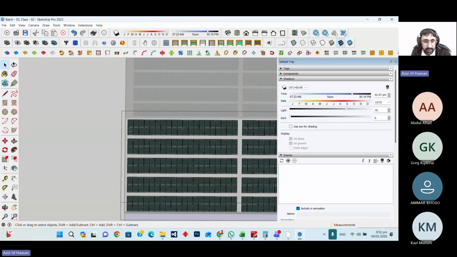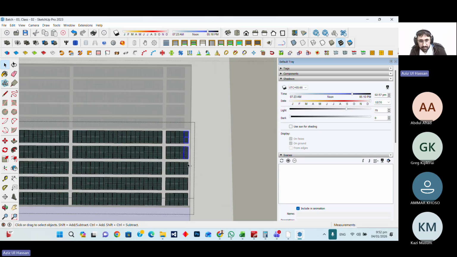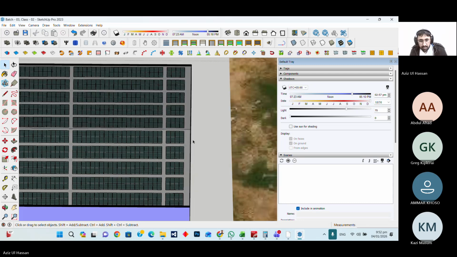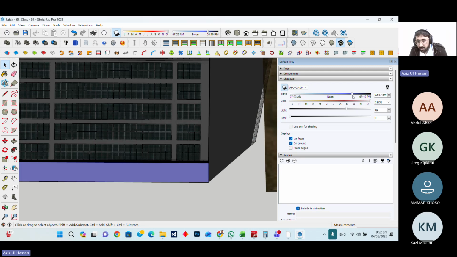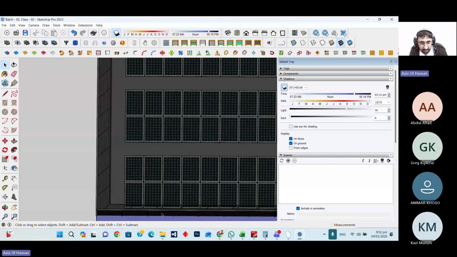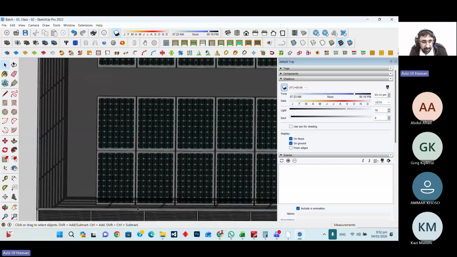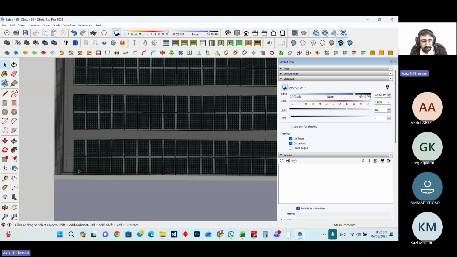Now we move again, delete those panels because they will create a shadow on the sides and also from that side. Okay. Now we are checking again what is the impact of the shadow on the PV modules. Like at 3 p.m. we have seen that there is no shadow available on that, but now you can see that there is a shadow available on the below lines. So we have to